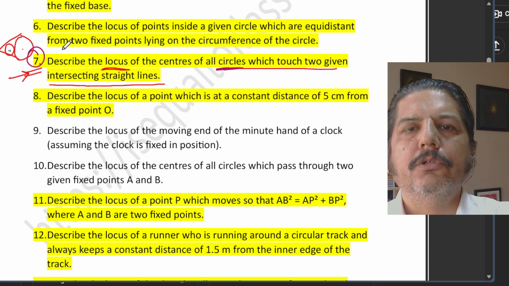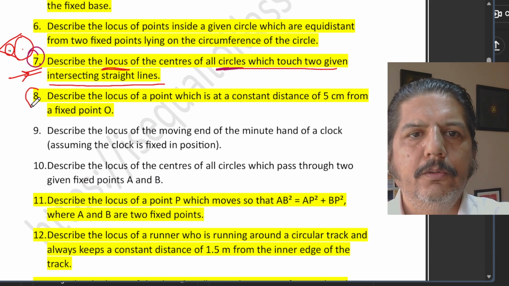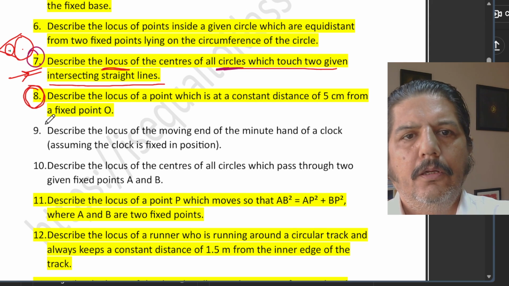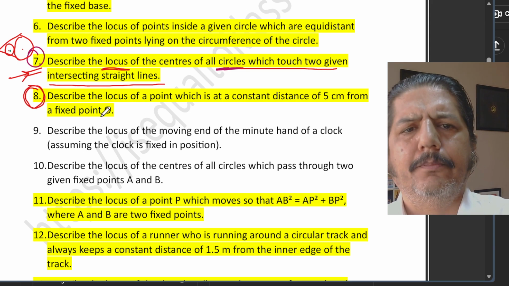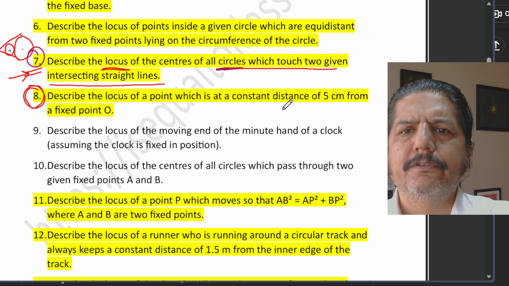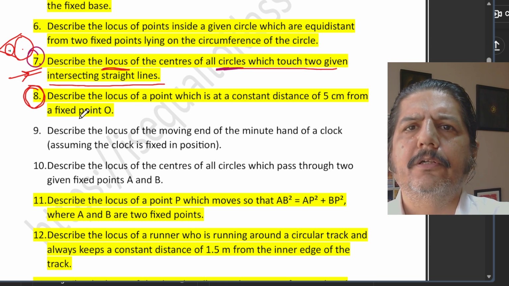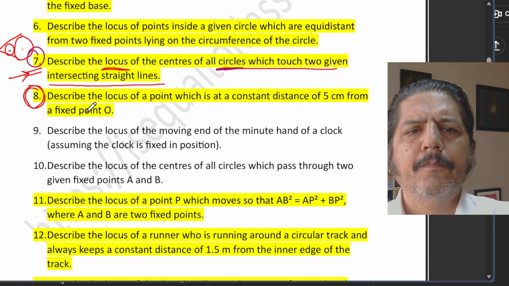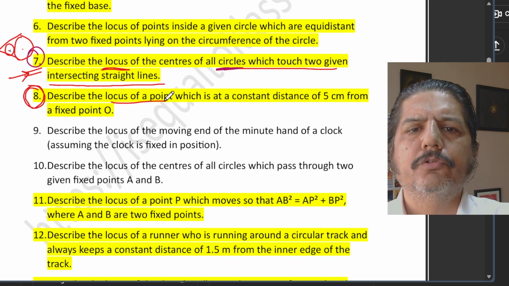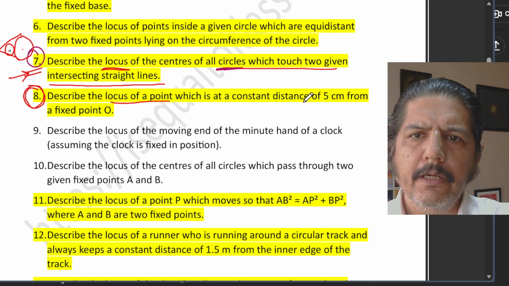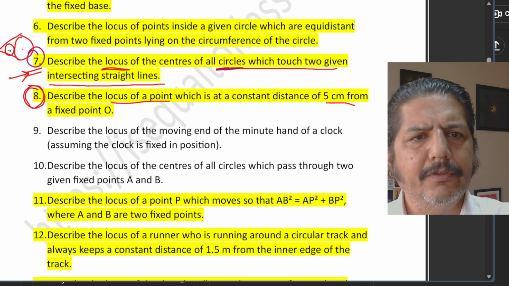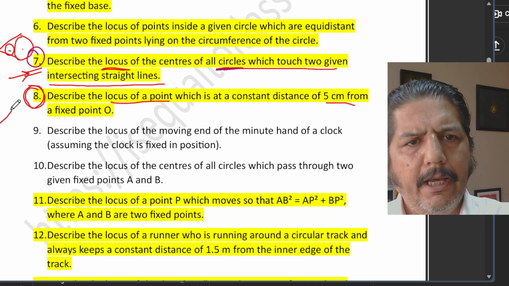And let's do question number 8 now. Question number 8 is fairly simple. Describe the locus of a point which is at a constant distance of 5 centimeter from a fixed point. This is fairly simple. So there's a fixed point and I need the locus of a point which is at a constant distance of 5 centimeter from it. So this would be any point,